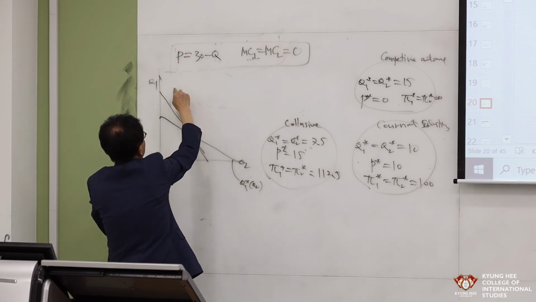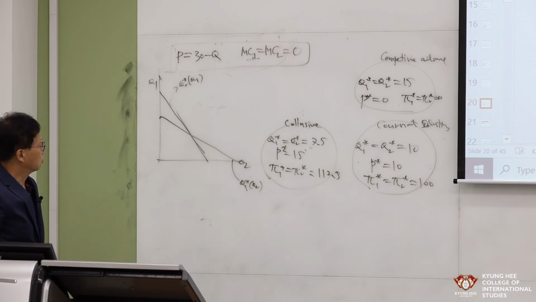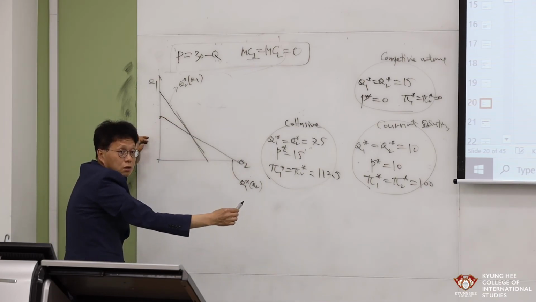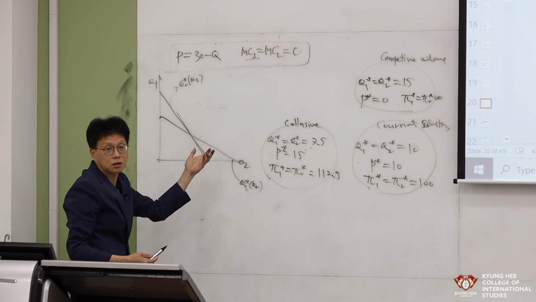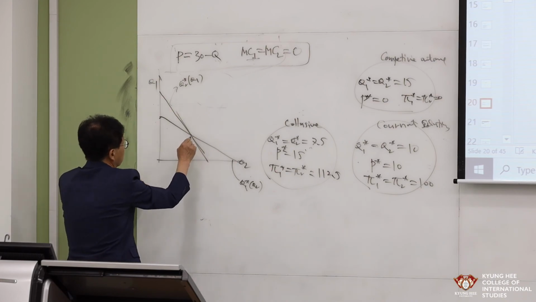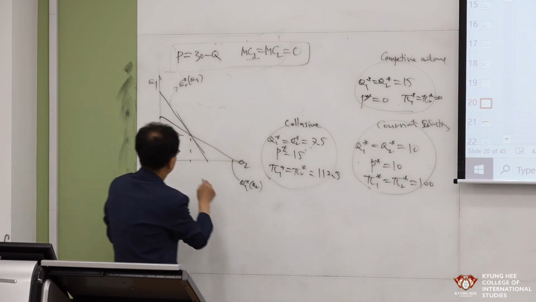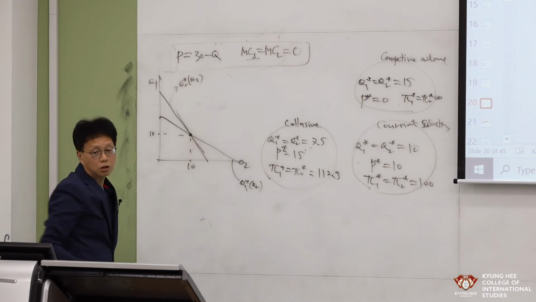That is Q2 star as a function of Q1, right? The Cournot solution is the intersection of the two reaction curves, or the first order conditions of profit maximization of the two firms. What is that? That is this one, 10, 10, right? Q1 is 10, Q2 is 10. So that is the Cournot equilibrium point,